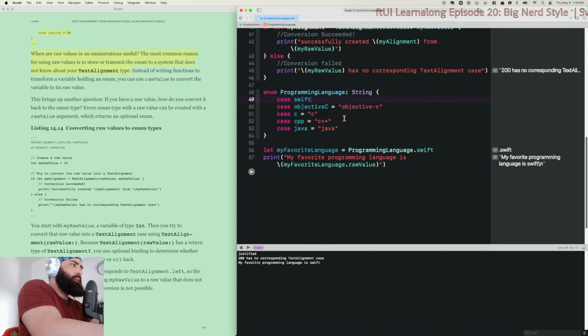So now you can believe me. That's how you can do it, which is nice, because I would think for the most part my cases would line up. So it's nice to know you can define a custom string, but otherwise don't need to.